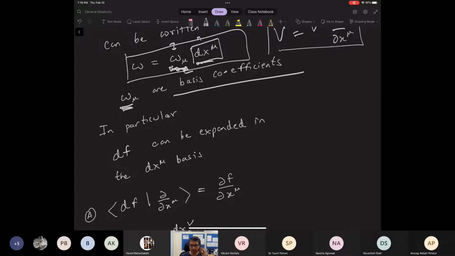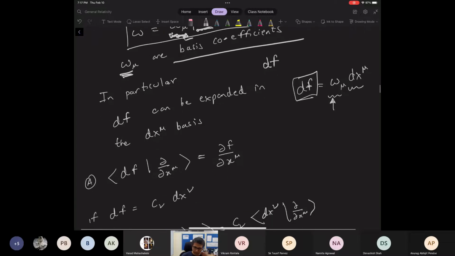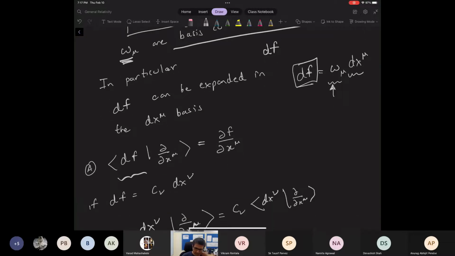Okay. So now in particular, suppose you have some general function f, and you find the dual vector df. Now df in particular is a vector in the dual vector space. So that means that there should be an expansion of df in terms of some basis coefficients times the basis of the dual vector space, dx mu. So what we want to do is find what these basis coefficients omega mu are for this dual vector df. So what we'll do is we'll take this inner product, df acting on partial x mu,